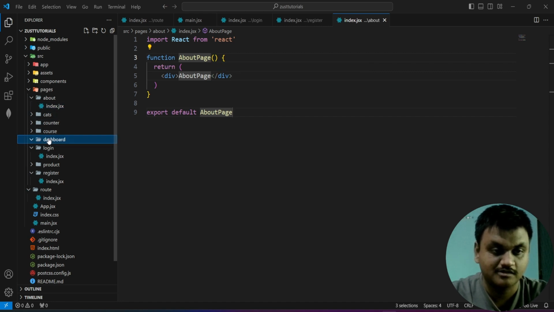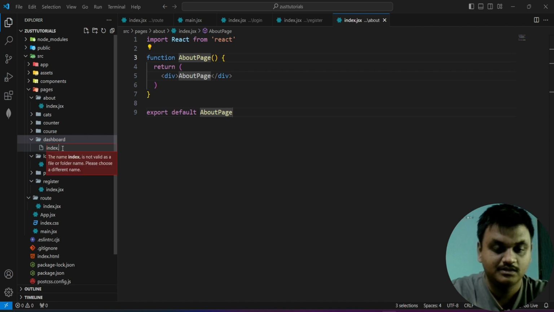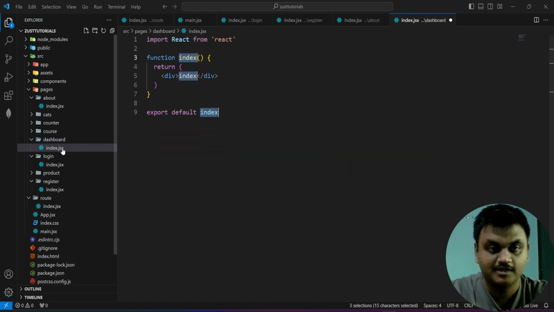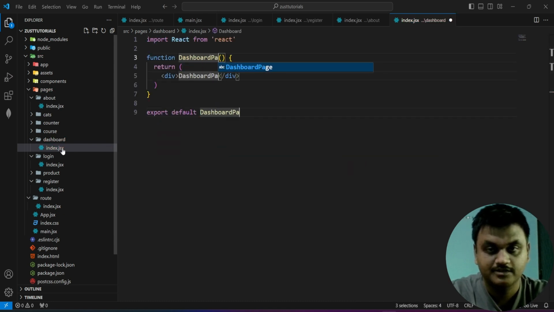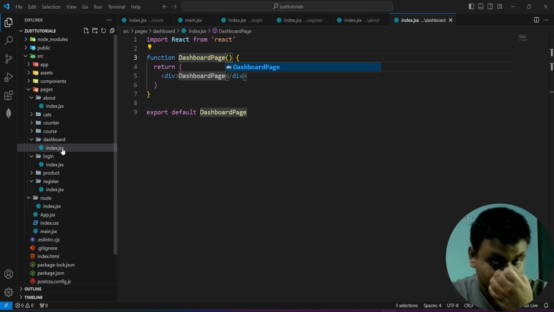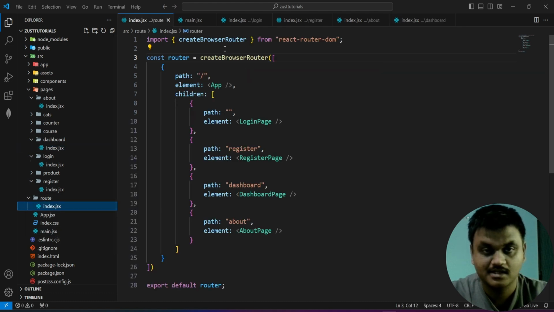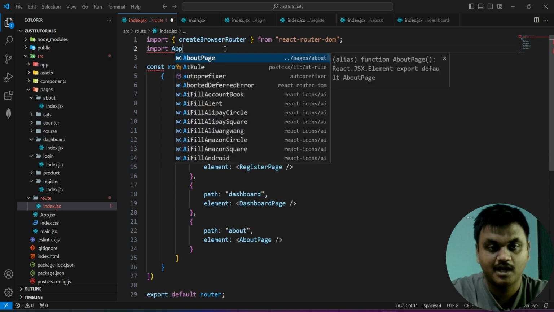And dashboard also. Go to the dashboard page, create one page called rfce dashboard page. Go to your route.jsx. Here import each and everything, like first import the app from the